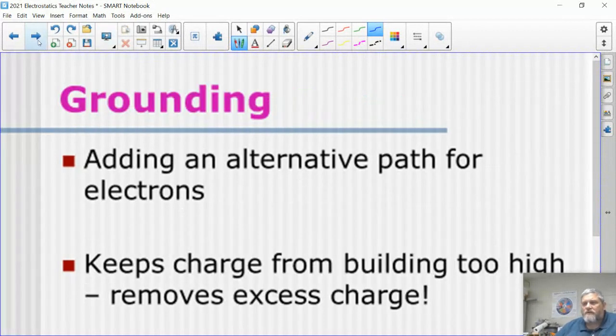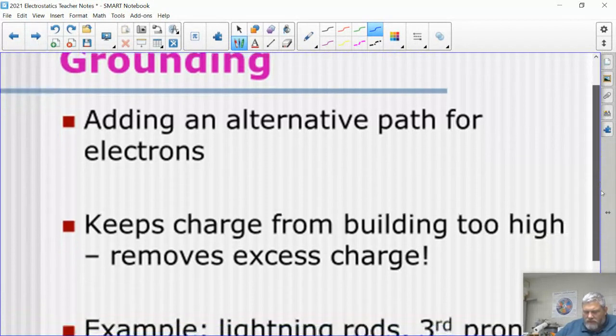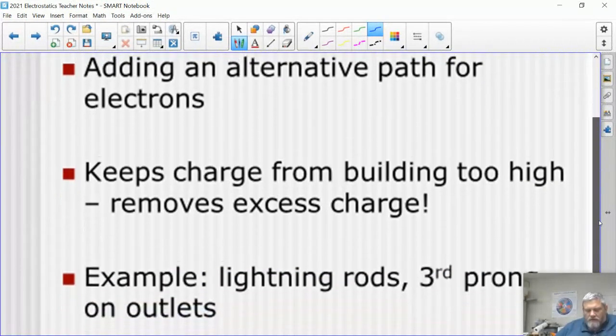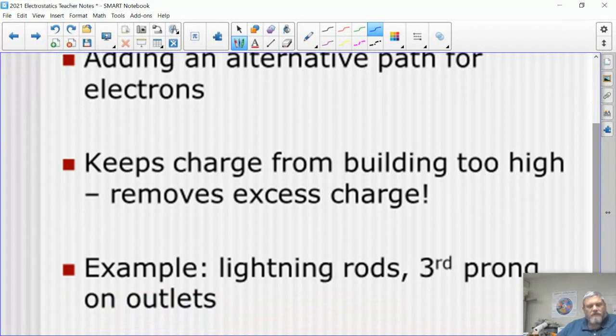And then a final type of thing we want to talk about is grounding. Right. Grounding, you ground something to give an alternative path for the electrons, so the electrons don't build up. Right, it keeps the charges from building up too high and shocking you. Okay, lightning rods are a great example of grounds. Okay, the third prong on the outlet, like one,